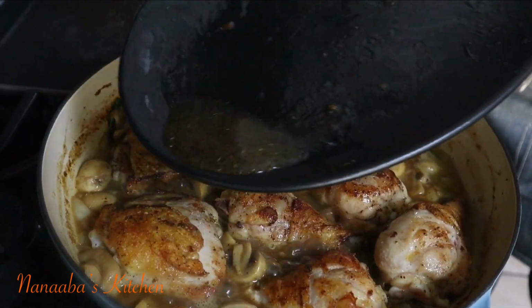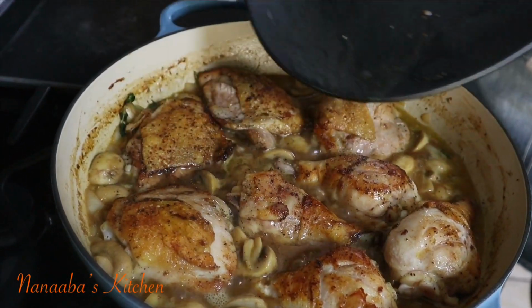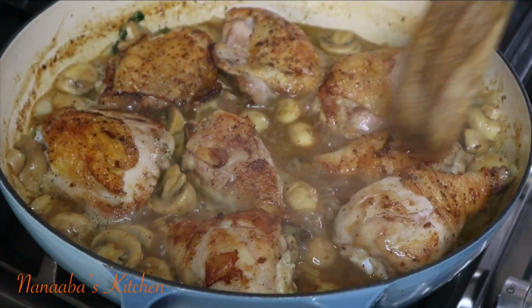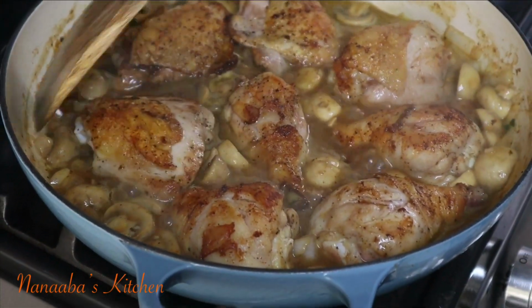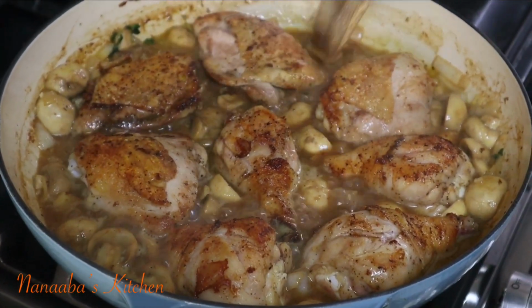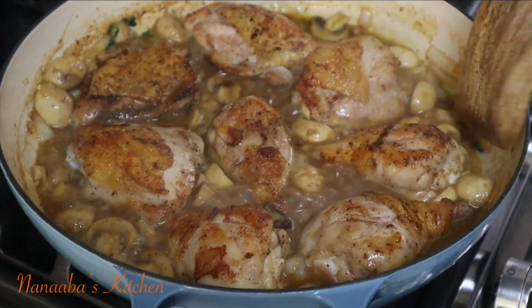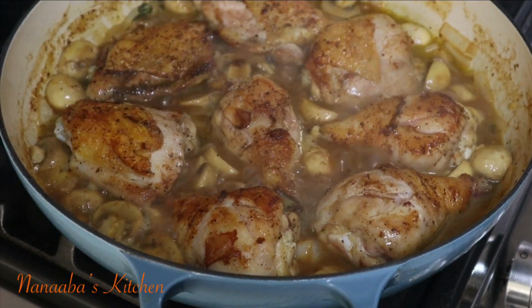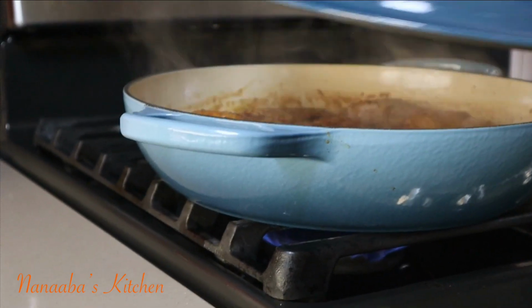All these juices must be returned. Don't leave any behind. Just move them around a bit. You don't have to turn them, just move them around, so that they get well acclimated with the juices and the gravy in there. And at this point, what we're gonna do is cover it in order for the steam